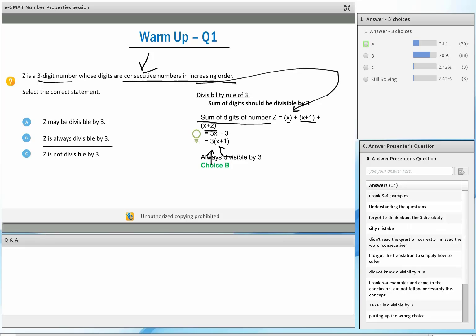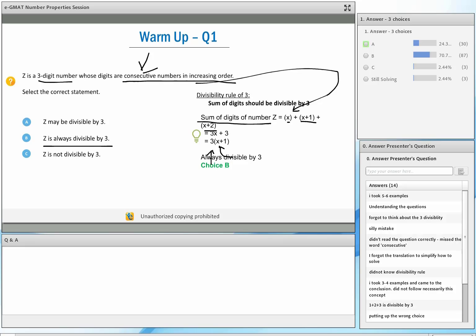So again, you have to see why when you look at a solution, and again, this is a very easy question, but even though it's an easy question, there are so many different things that are coming out as to why you have made mistakes. Some of you have made mistakes because you didn't know the concept. I can see that some of you are saying that, okay, didn't know the divisibility rule. So for you, that conceptual understanding needs to be at that 100% level, right? Some of you are saying that you didn't read the question statement properly.